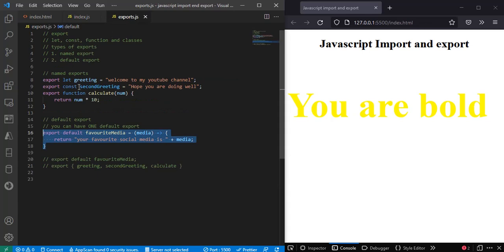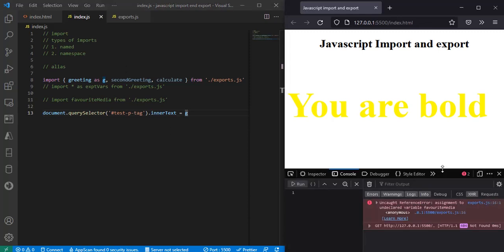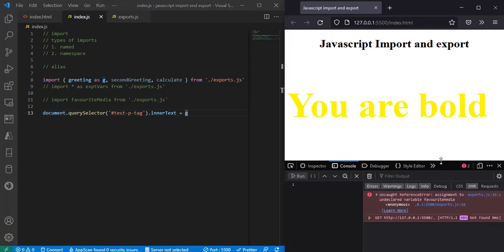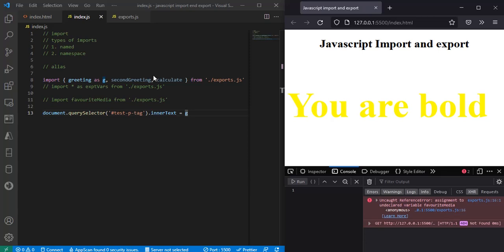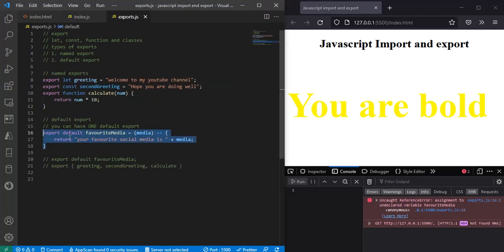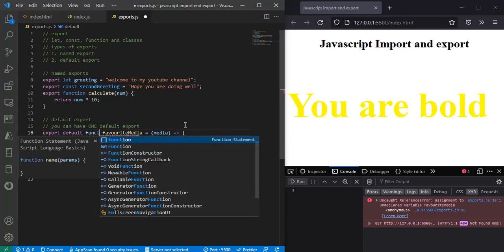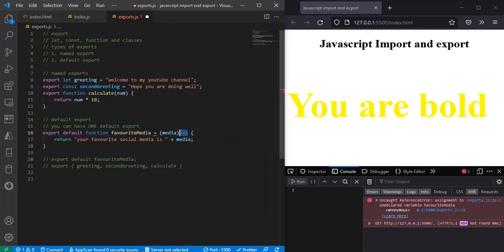export let export function. Now we are getting an error here. Now what's the error? Undefined variable favorite media, export.js line 16. Say undefined. Okay, so we need to export it and declare it like this function. So I'm just going to remove this arrow and the equal to sign, so it's not going to scream at us again. So this is how to export a function,